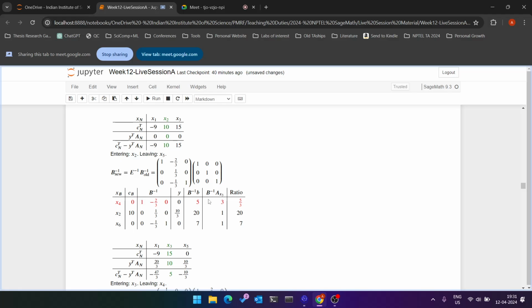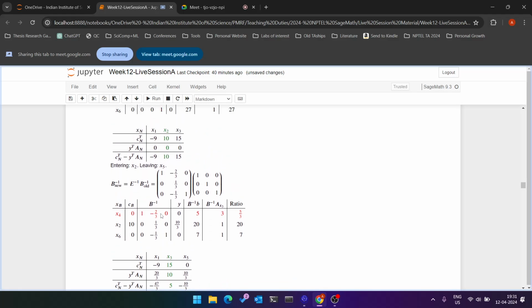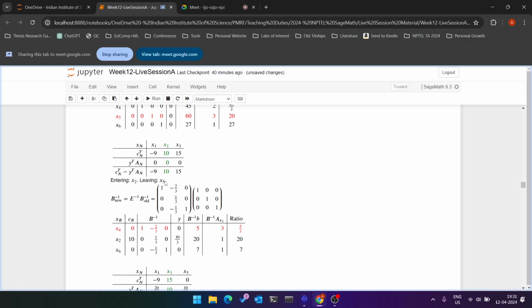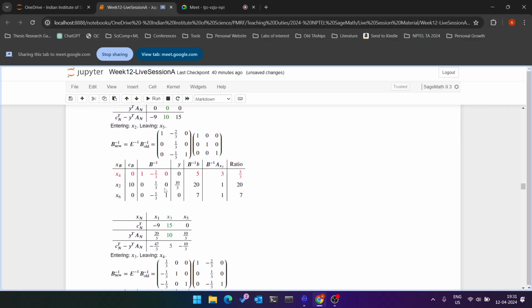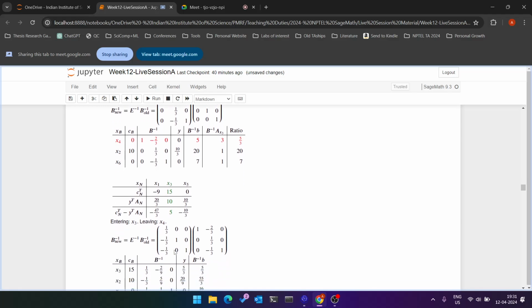With that in mind, again we calculate: we enter through x1, exiting through x5, and now we get our new reduced cost coefficients, C transpose minus Y transpose, in terms of my current non-basic variables, which are x1, x3, x5. So this is how it looks. Only x3 has the positive coefficient, so we need to deal with it. So we enter through x3, leave through x4,